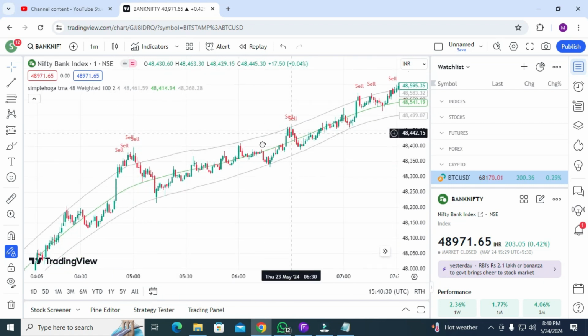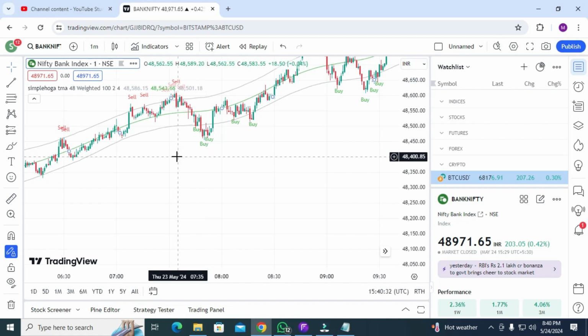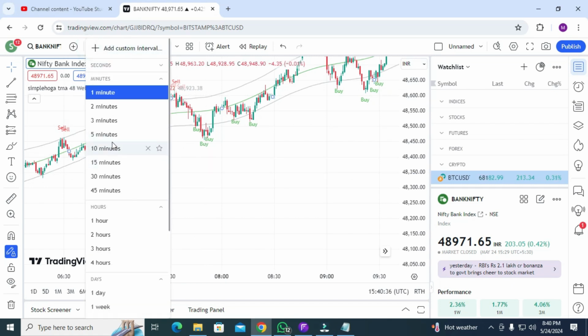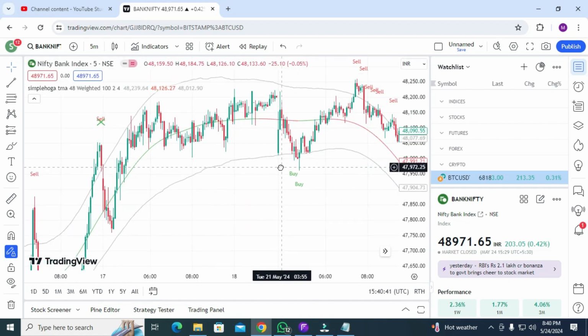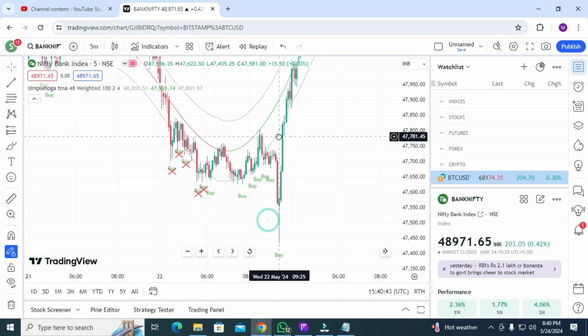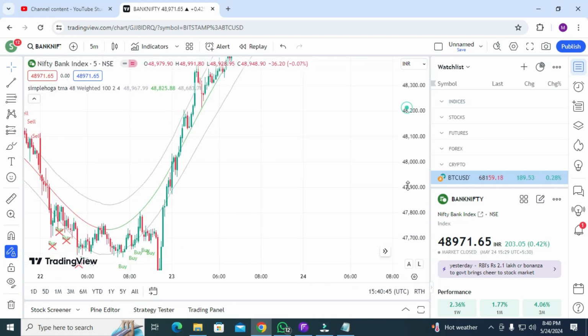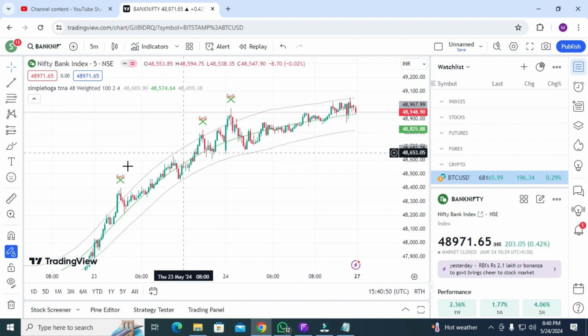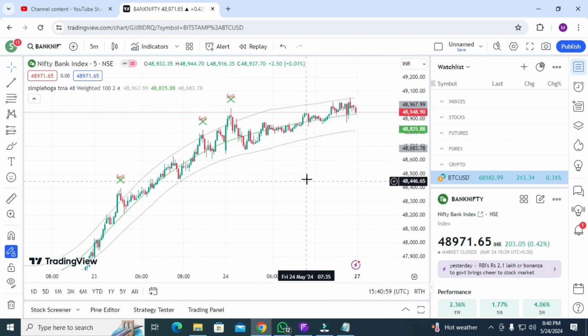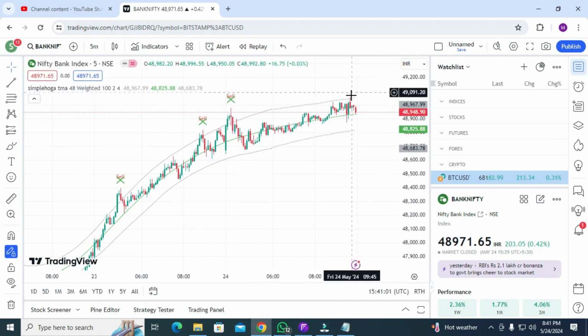Okay, but this one is your loss trade actually. That's okay. In the 1-minute time frame, you can use the further 5-minute time frame. You will not get false signals here. You can see you will not get any false signal here. But in the 1-minute time frame, I hope you will understand, the market is going upside, so this is giving you the signal with the cross. That means do not go for the sell trade, and you need to go for the sell trade only when you get a sell signal.